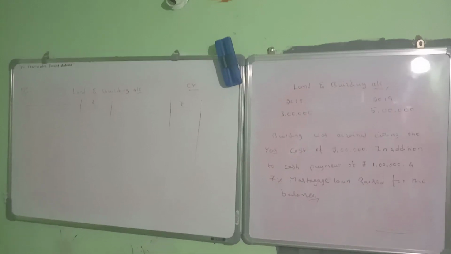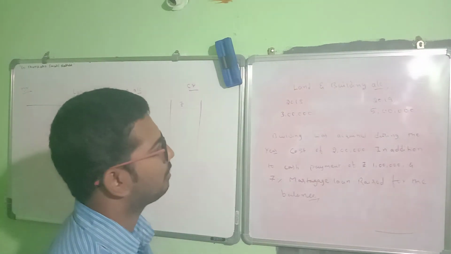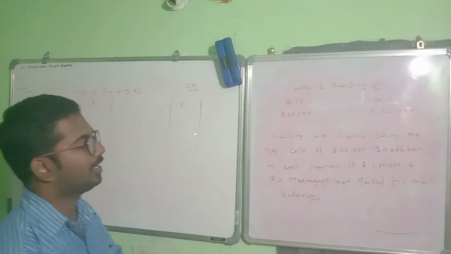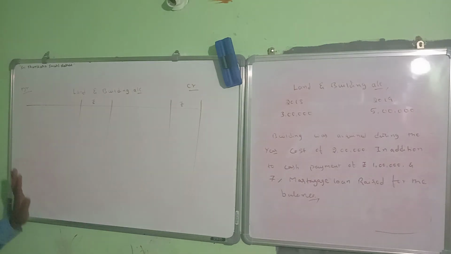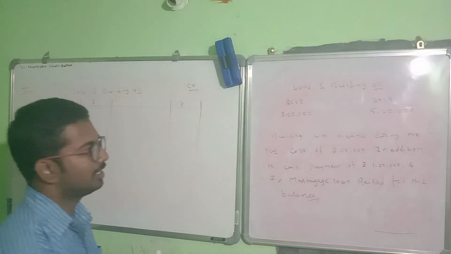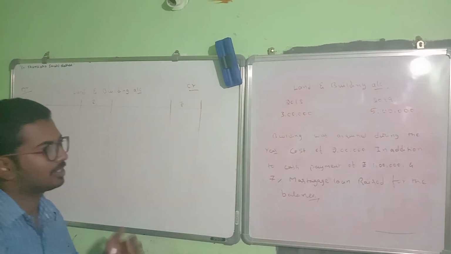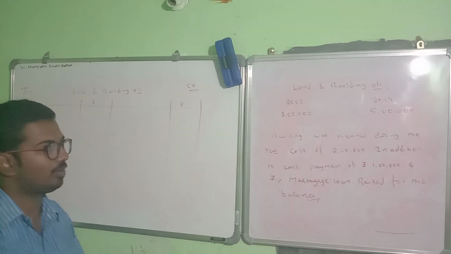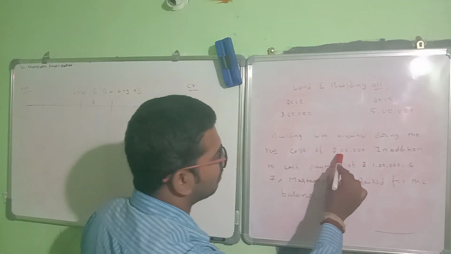So when we look into any adjustment related to land and building account, it's an asset account. Look at this adjustment, how to fill the ledger account for this. An asset account always starts with the debit side, and the closing balance comes on the credit side. So a building was acquired during the year, that means purchase of the machinery. So we have a purchase transaction, and any transaction which leads to inflow should be recorded on the debit side of our ledger account. So they have a cost of rupees 2 lakhs.